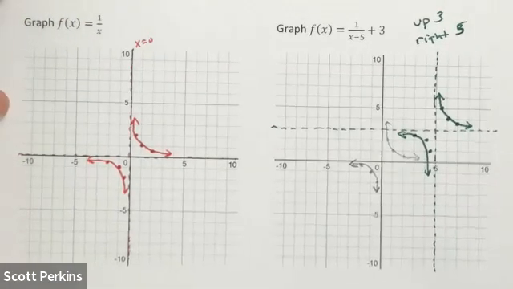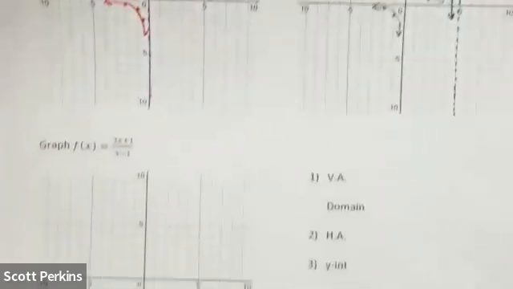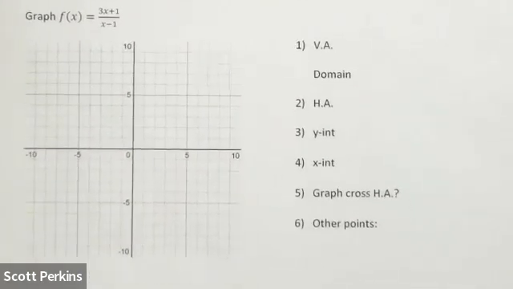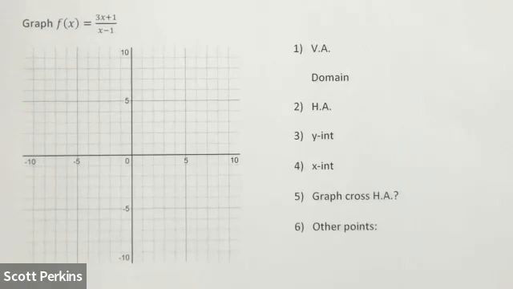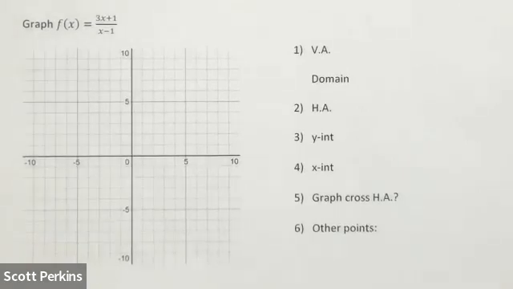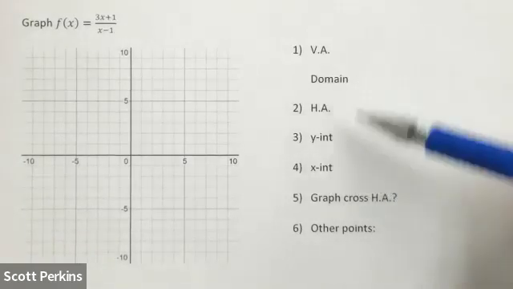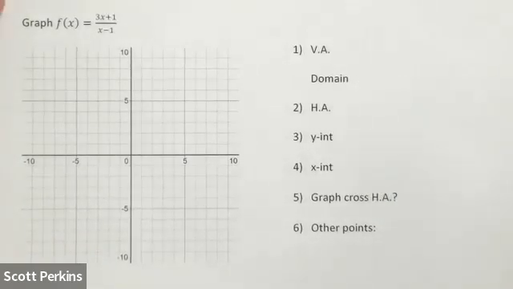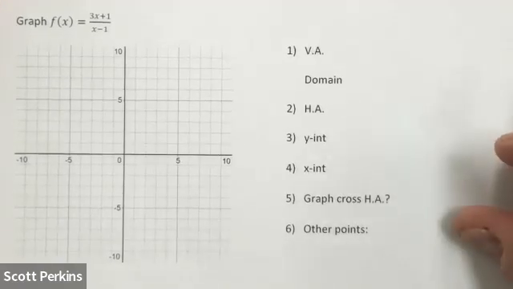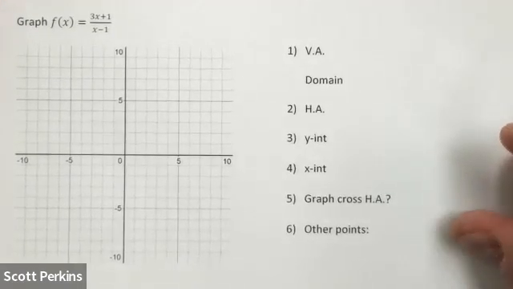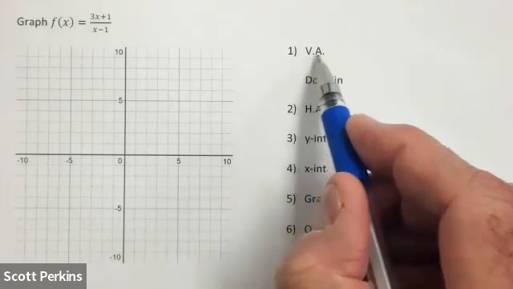Last but not least, I have a rational function that is not in our standard form of a reciprocal function. And so what I'm going to do is use these promptings to get information to draw just the most basic of sketches of this function. So the first thing that we're going to do is determine what the vertical asymptotes